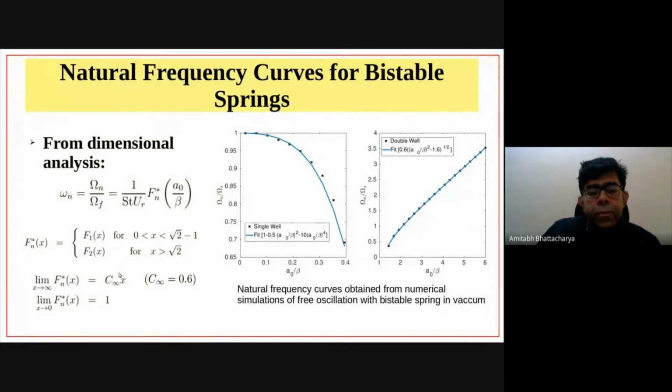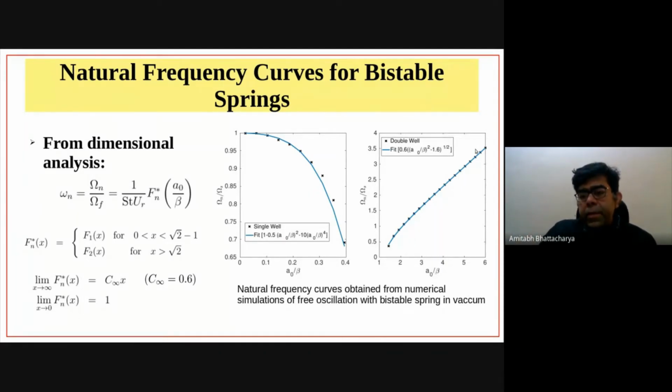These two forms we have mentioned here. One depends on the square of a naught by beta, and the other, for the single well oscillations, depends on a somewhat more complicated function. But what you can see is that as a naught by beta increases, where a naught by beta is the amplitude divided by the interval separation,